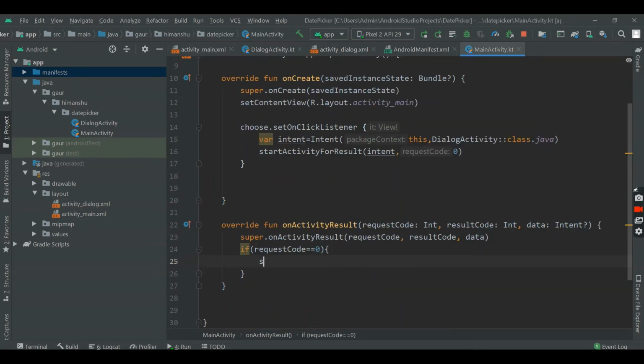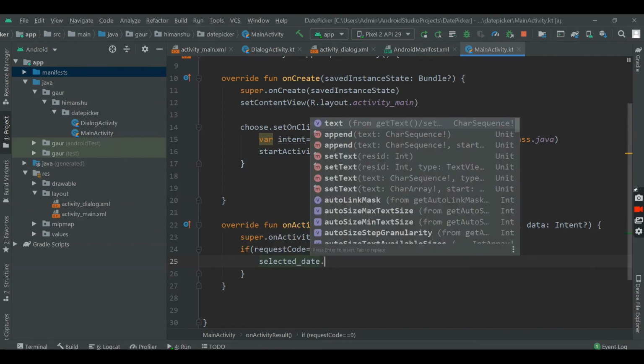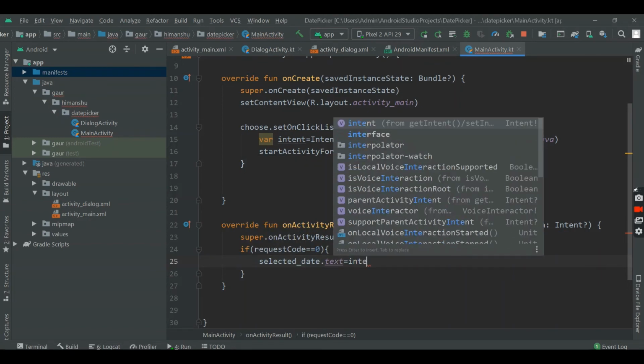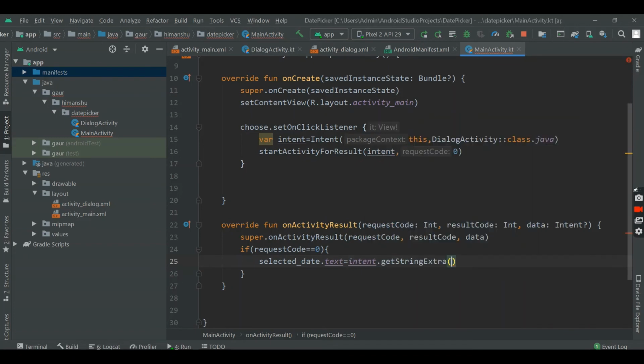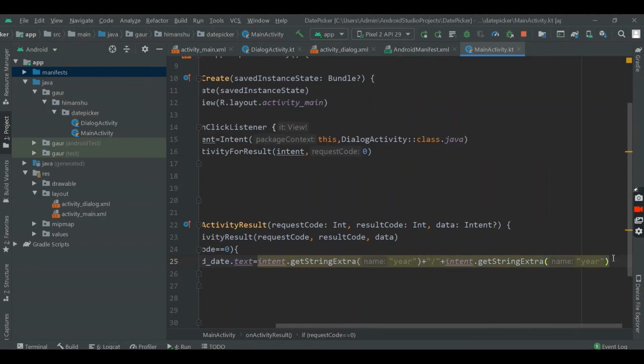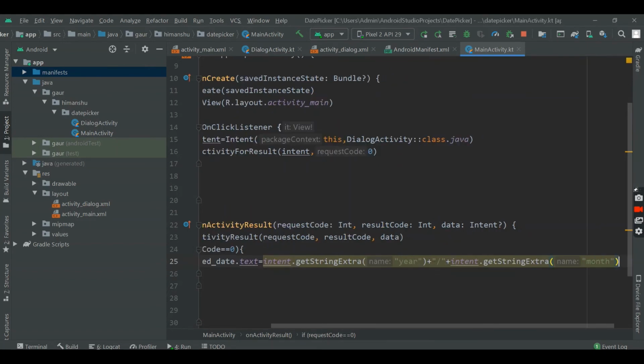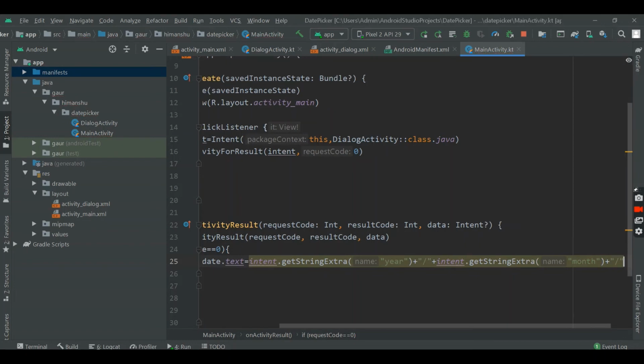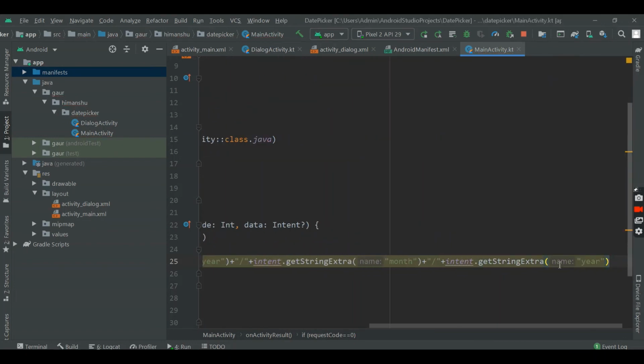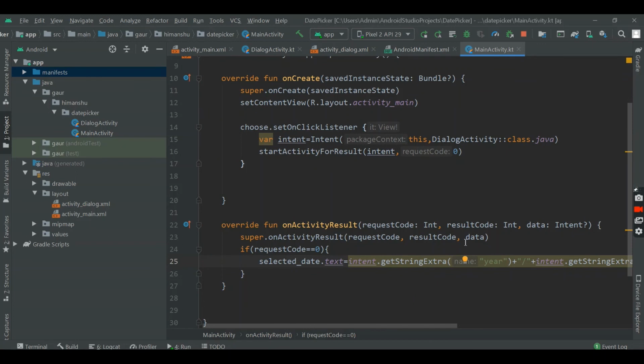Go to the main activity, selected date dot text is equal to intent dot get string extra, and firstly I want year, plus, and save, copy here, control C, control V. We got year, we need month and plus, and I need day. So that's all for the project.